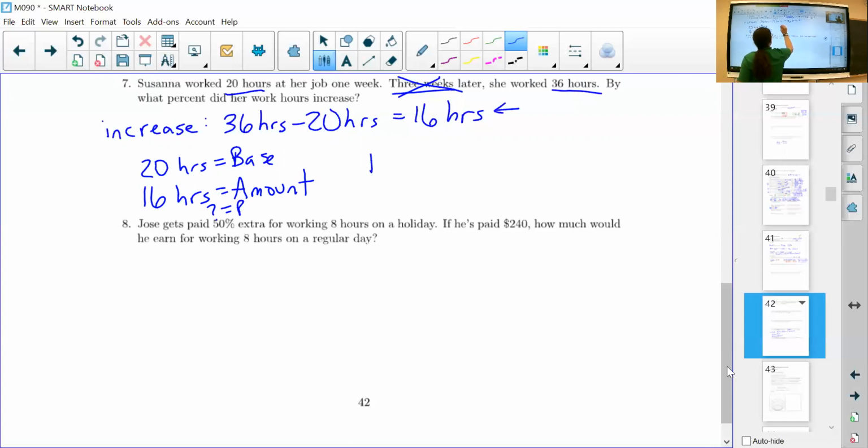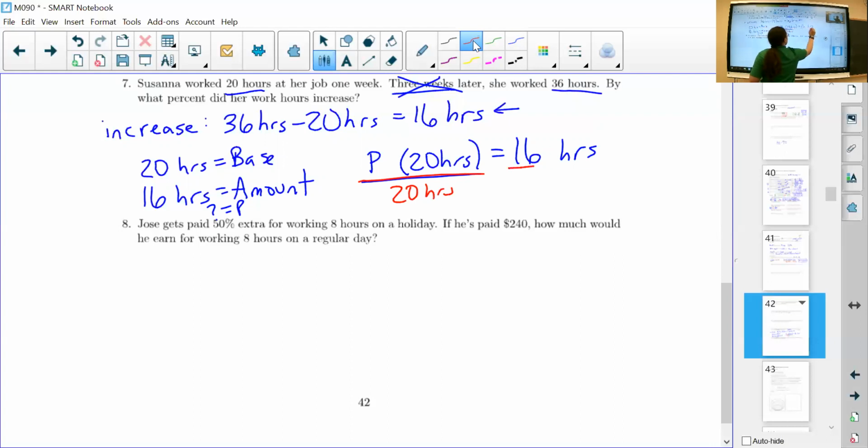So percent times base equals amount. Could have that multiplication dot in there, don't need it. Percent times 20 hours equals 16 hours. Don't really need those parentheses either. Divide both of these by 20 hours. Notice that I'm keeping my unit of hours. They're going to cancel out, which is good because percents don't have units of hours. And I get 16 over 20. So P equals 16 over